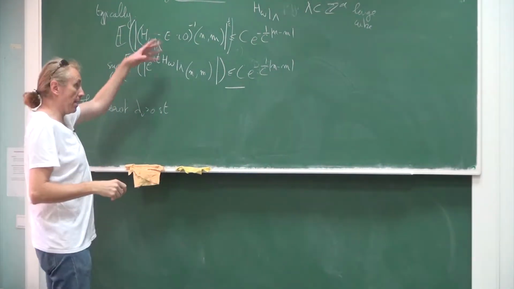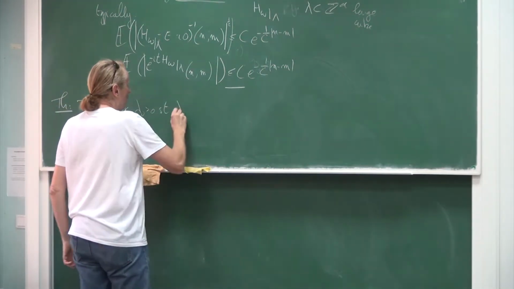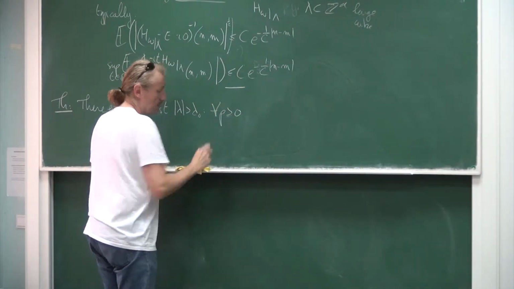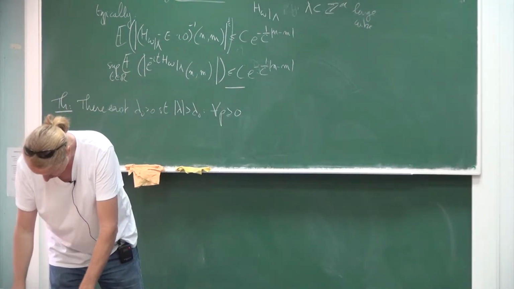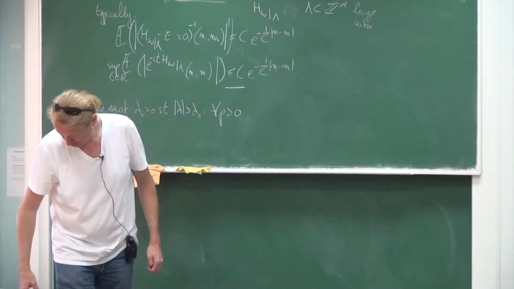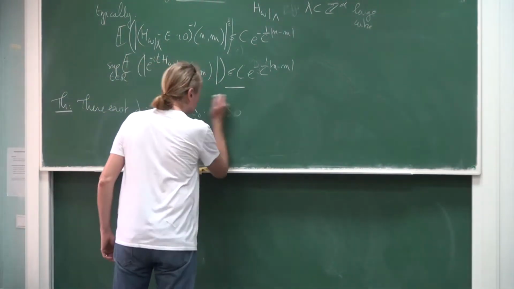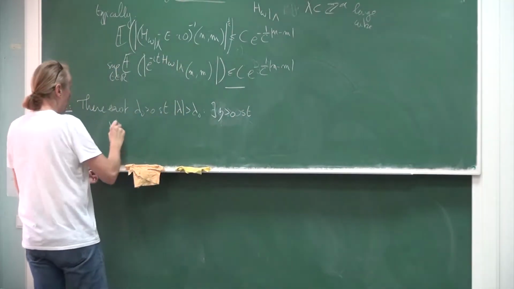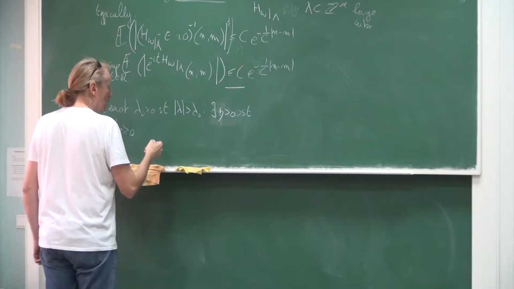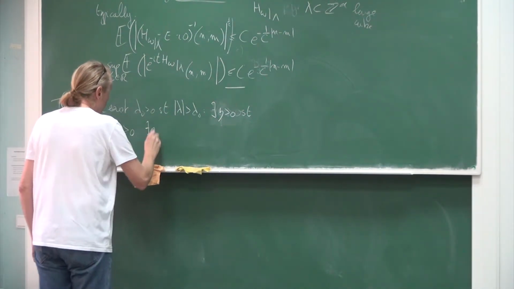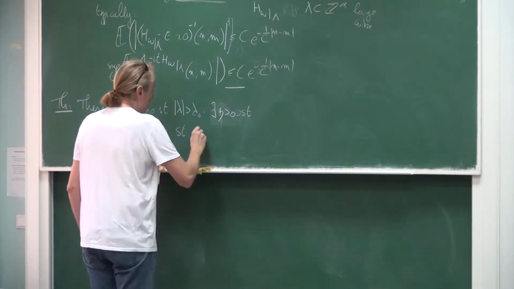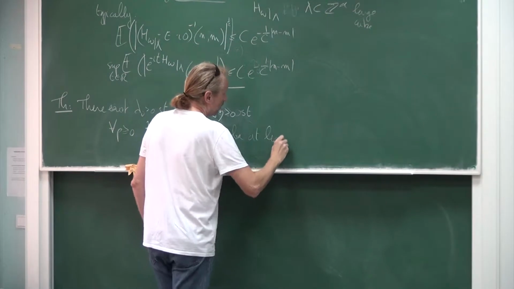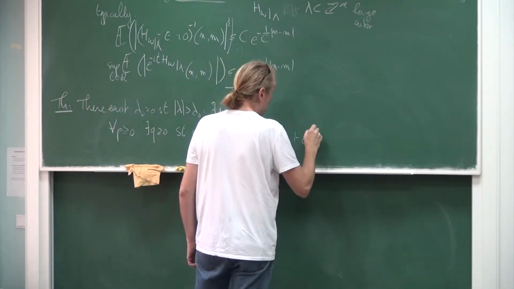The assumptions are always the same as in the localization theorem, such that for Lambda larger than Lambda 0, so at large disorder, there exists some constant eta positive, and some q positive, such that with probability at least 1 minus L to the minus p,